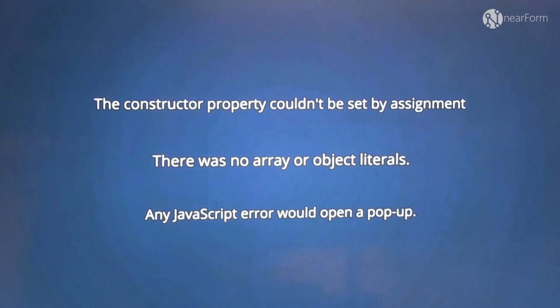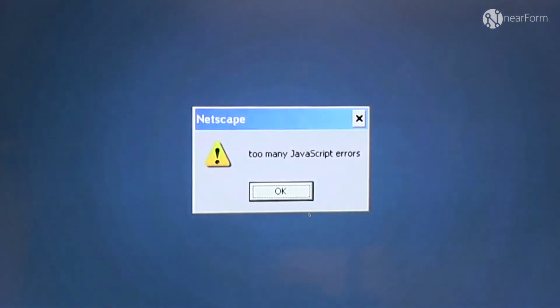Back then it could make sense. So if you had too many JavaScript errors, you would get another one to indicate that you had too many of the previous ones. That was really annoying too.